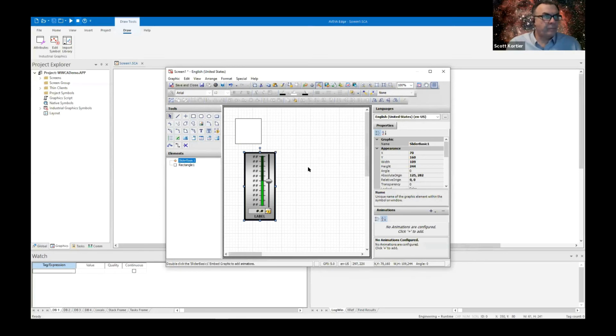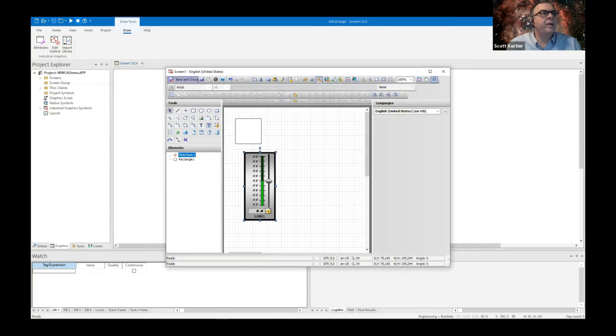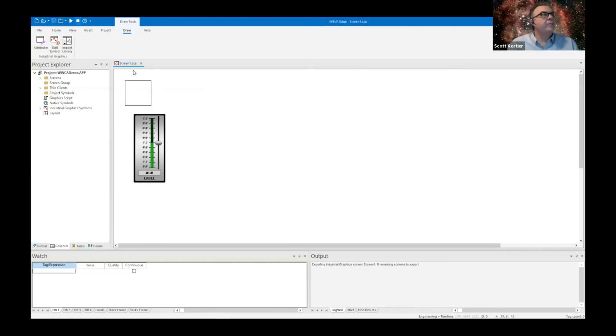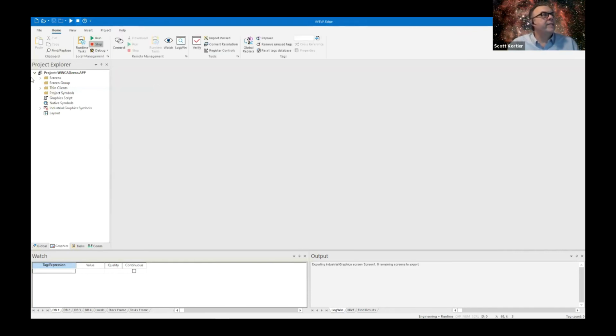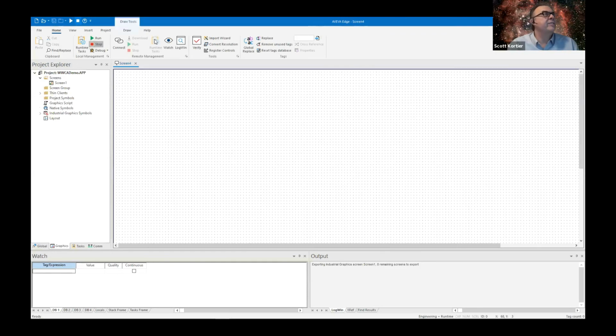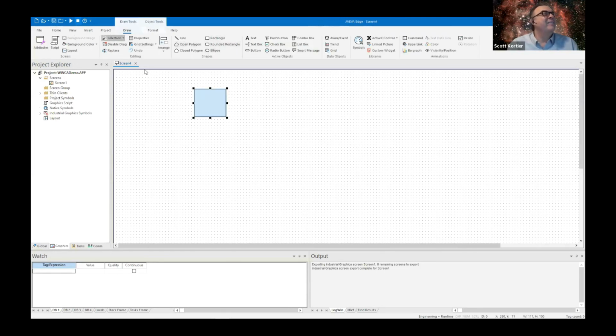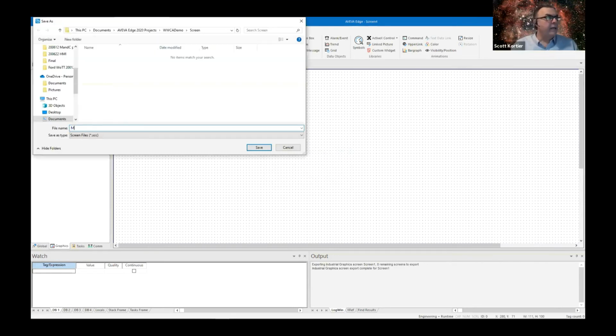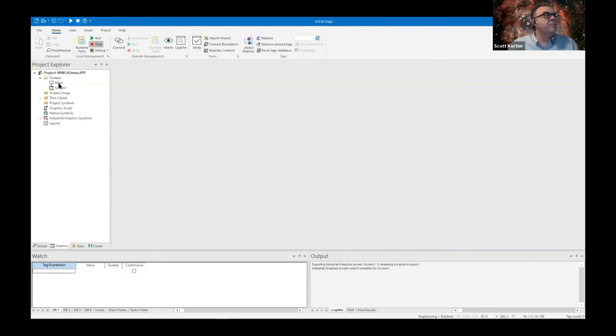Now, when I save this screen and close this, I'll bring up a couple of different points. So this screen, when I save this, is going to be different than the native screen that I created earlier, which for some reason I didn't save. I just left hanging. Let me go ahead and save this one. And I want to show you that they are in fact different. I'll make this one as main. So here you can see there's two different icons. I have the screen main, which is the native editor, and screen one, which is the industrial graphics editor.